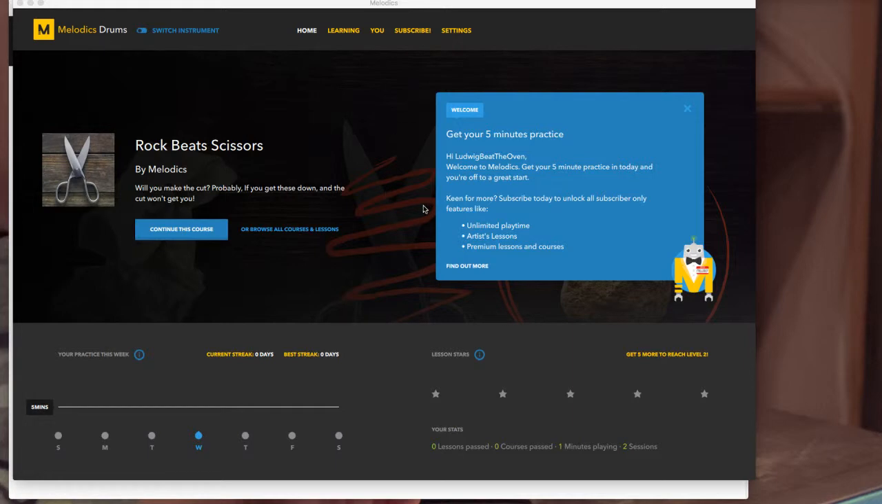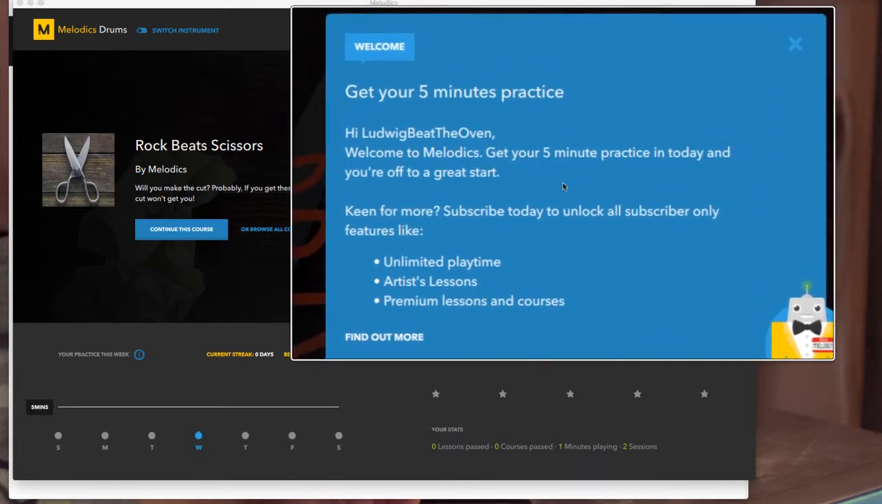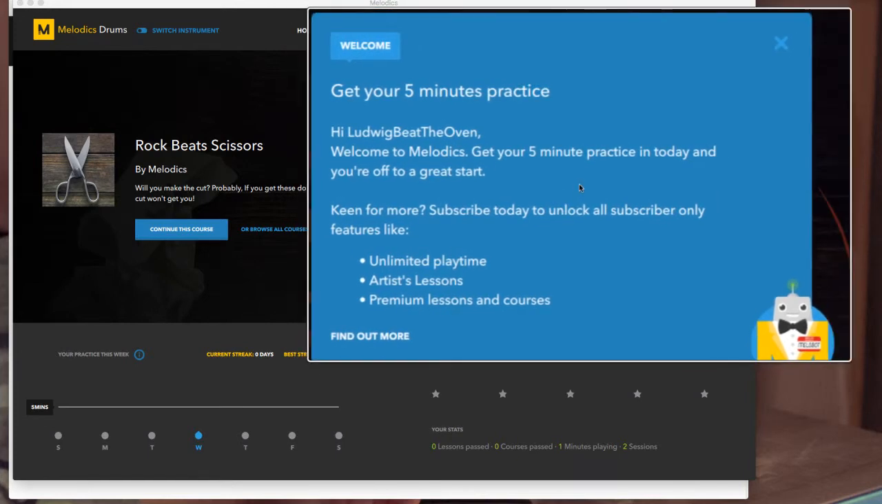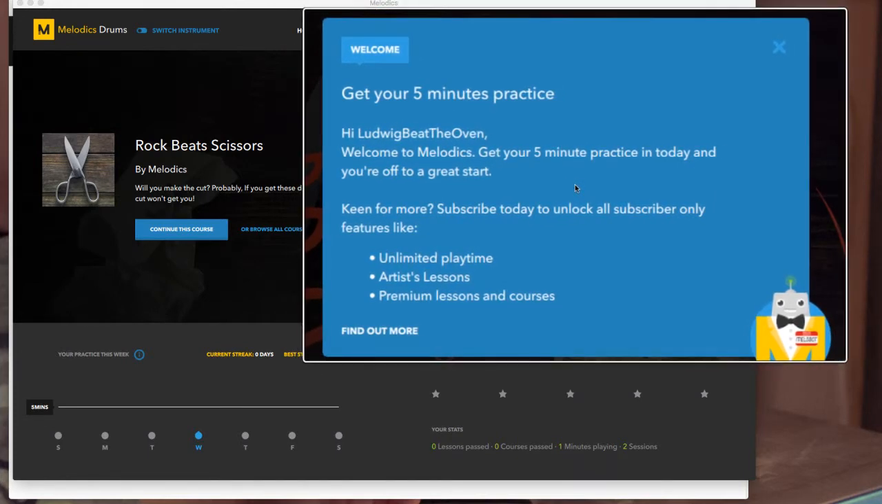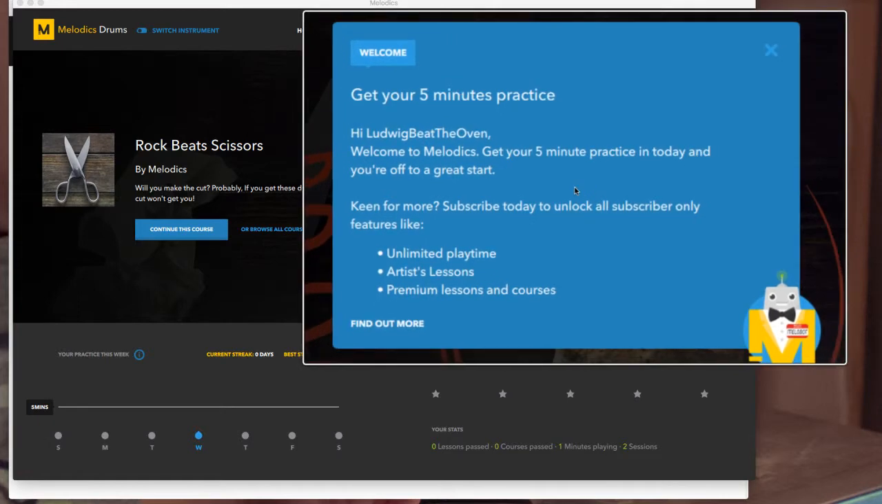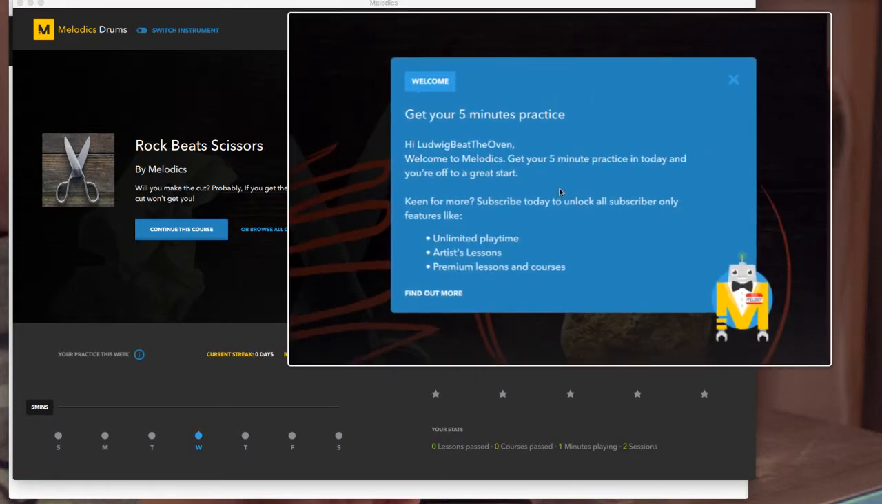Notice when we're logged into my demo account here, it says get your 5 minutes practice. That is here because this is a free account that I have to demo to you guys. When you have a free account, you have a 5-minute practice allotment, and they give it to you as a daily goal as well. Like, make sure you get your 5 minutes practice in today. And what happens after you've played 5 minutes worth of lessons that day, it will ask you